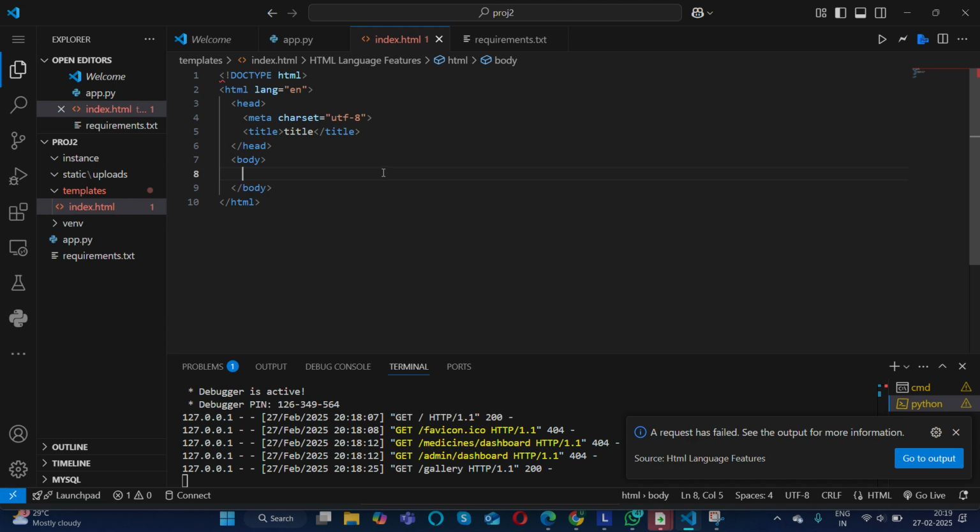So how it looks actually, how our application should look. As we have specified, we created a table, right? It has three attributes, which is we enter the name, we enter the category, and we upload the image. So here also we do the same thing.